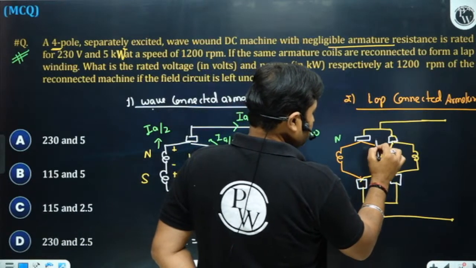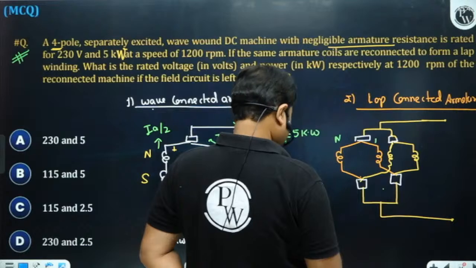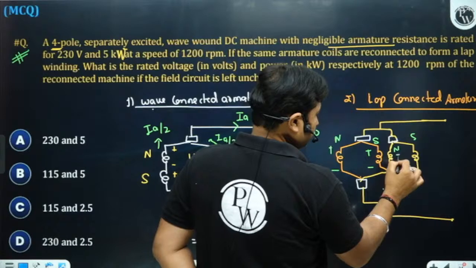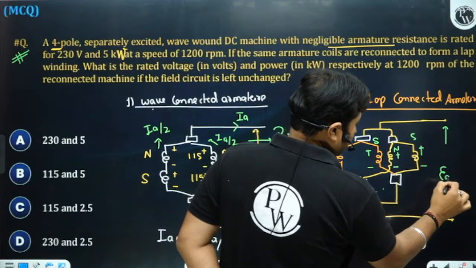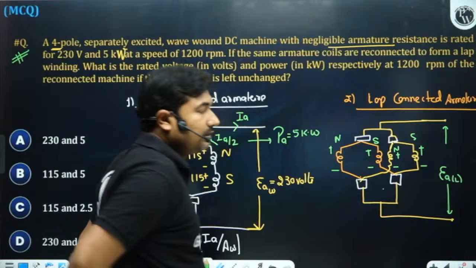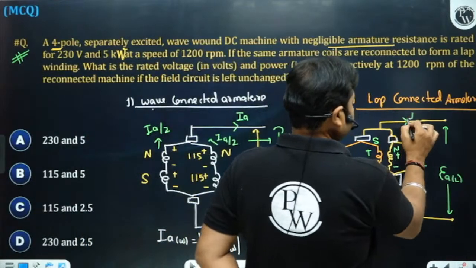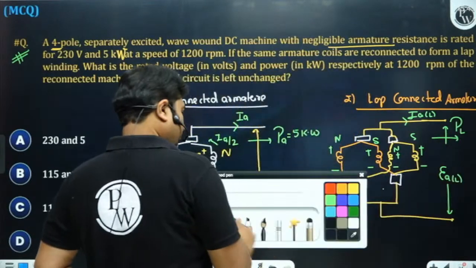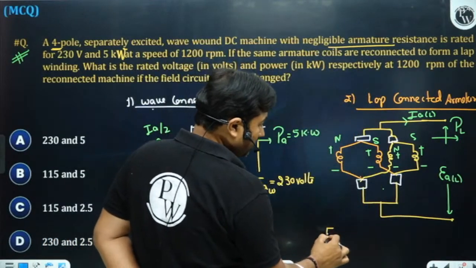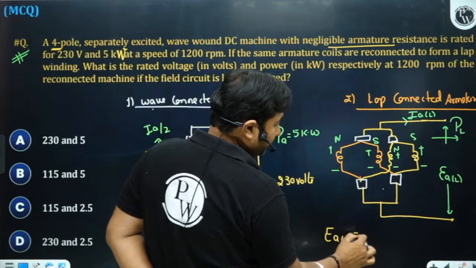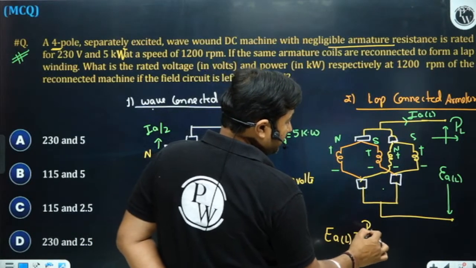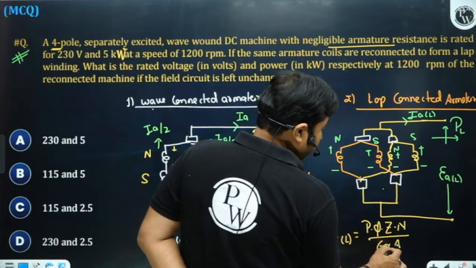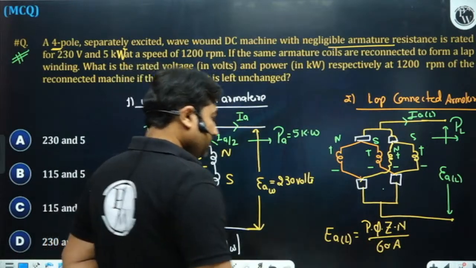Voltage per parallel path will become voltage in case of lap. Current in case of lap. Power in case of lap. So, voltage in case of lap is P phi Zn upon 60A. Rest of the things are same. So you can say, sir,